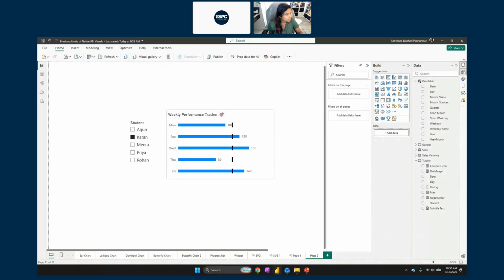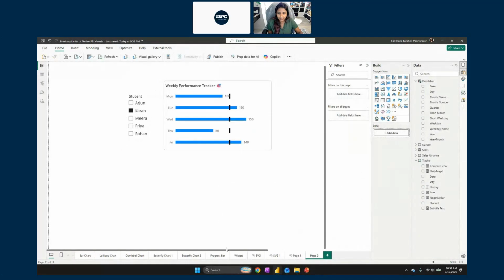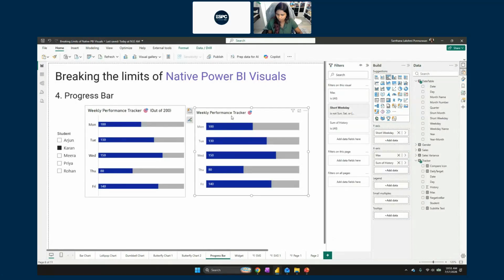Perfect. There's a question. Actually, I wanted a narrower bar inside a wider bar. So, okay, yeah, that's not called a bullet chart though. But I can quickly show you how you could do that.